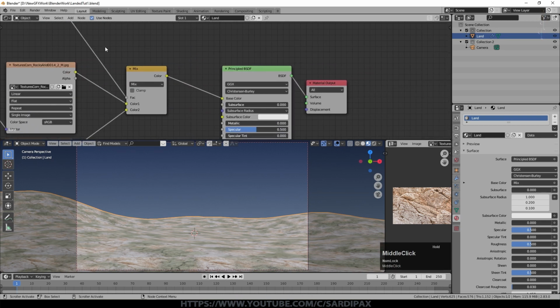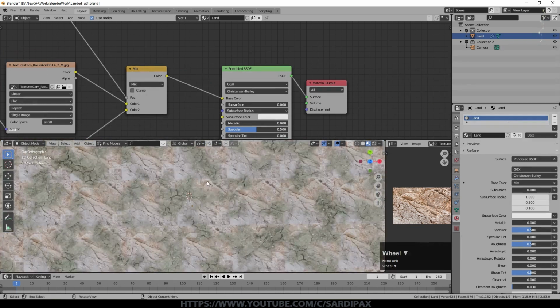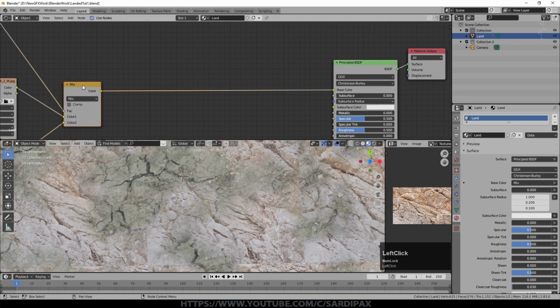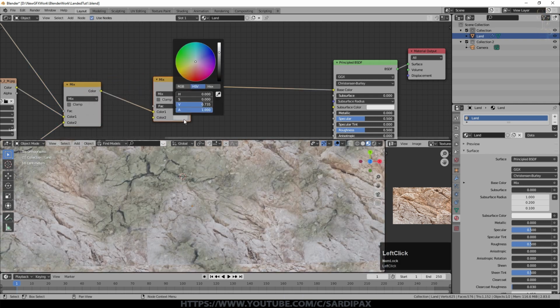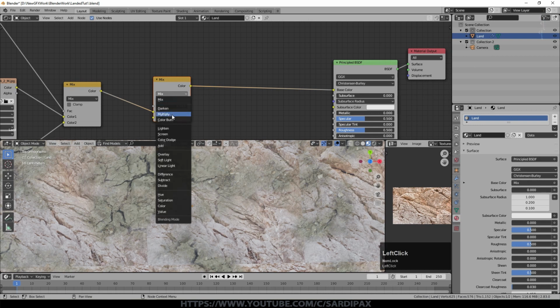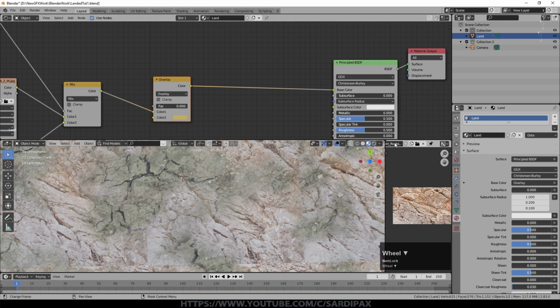So let's put a few more nodes in and make these a little bit more homogeneous. So I use, first of all, let's just move those over there. So I'm going to duplicate this color mix node and just drop it there. On this side, I'm just going to put a slightly yellowish color, as I want this to be the sort of overall cast of the rocks. I'm going to change this to overlay, and I'm going to come over to here and I'm going to go to rendered view in a moment.